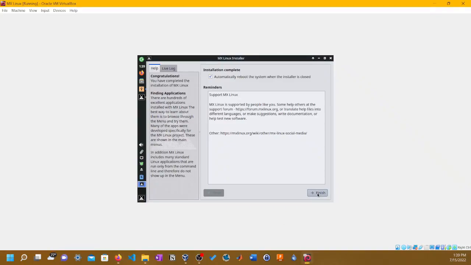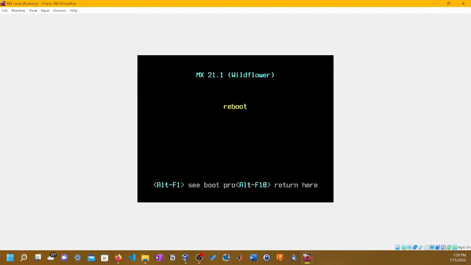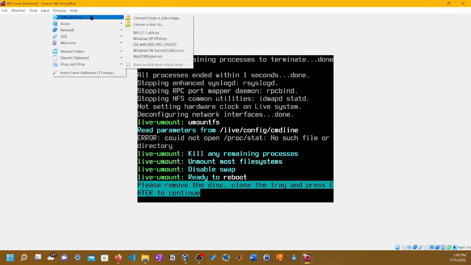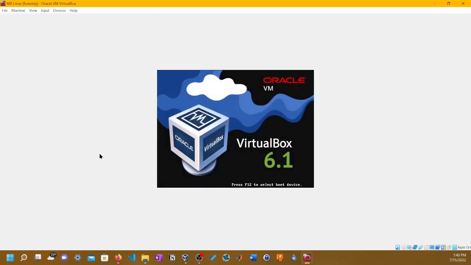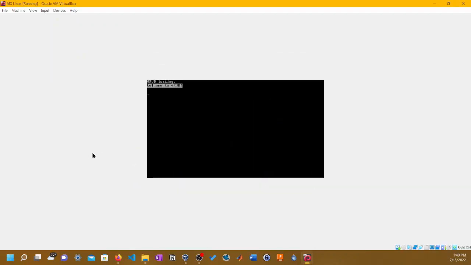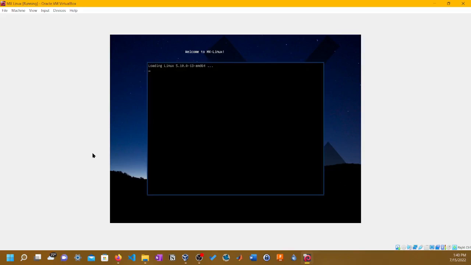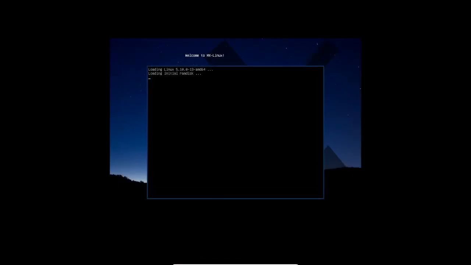All right, let's reboot it. And it should be okay. It's rebooting. Okay. Yeah, please remove the disk. I think it's automatically removed, which it is. So let's press enter. Welcome to Grub. Yep, Wildflower. Let's set it as full screen mode.